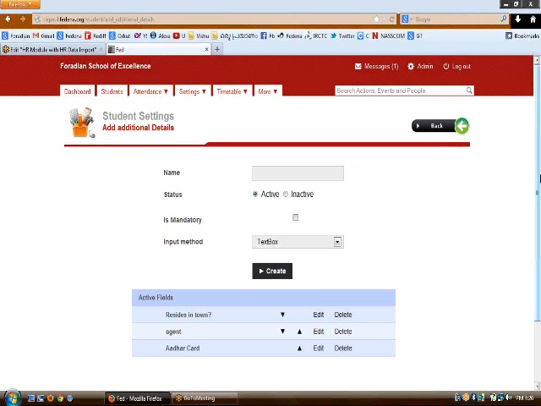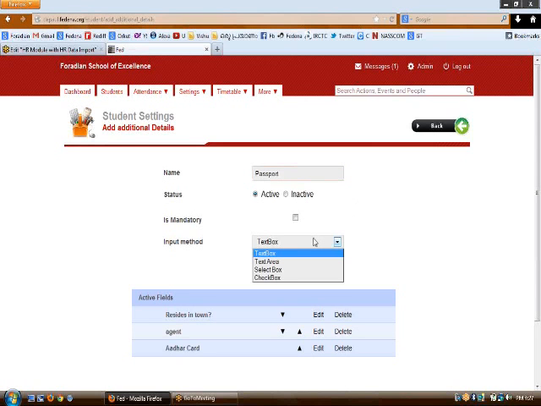To do so, all you need to do is just go to the name field and type the name of the field. Let us say that you have an additional detail called additional detail 1, or the passport details, and the others can also be put up. Let us say that I'm creating an additional detail called passport,